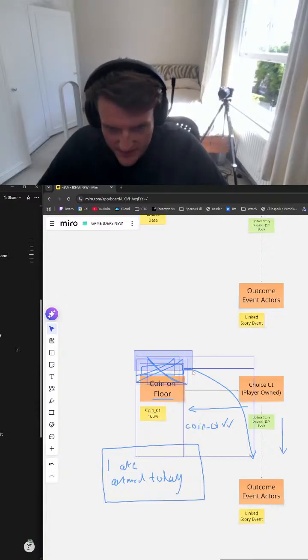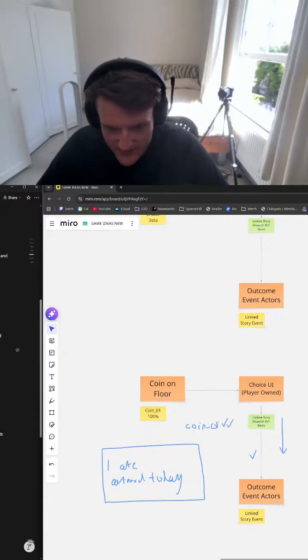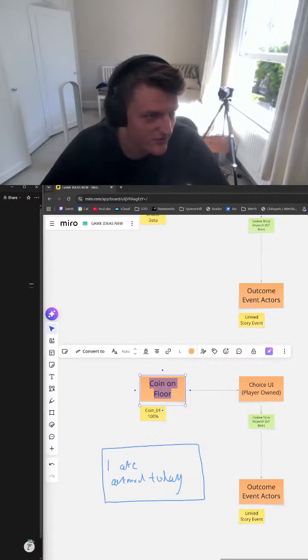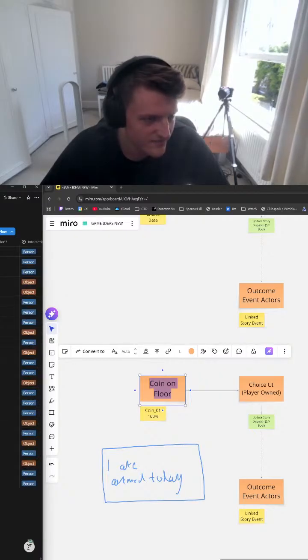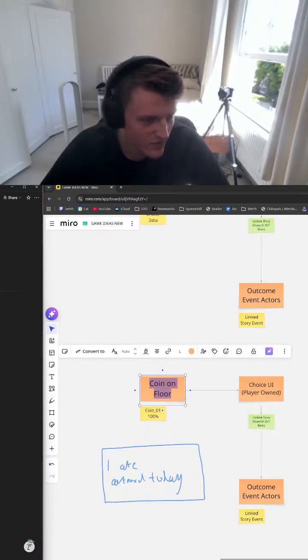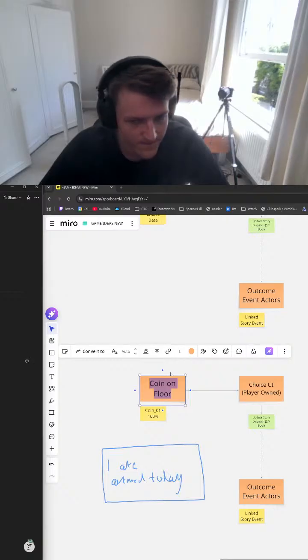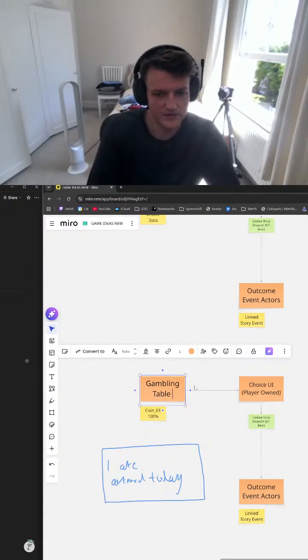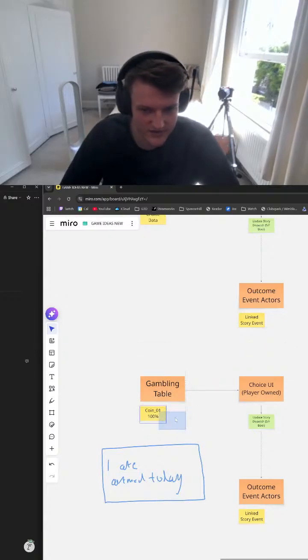Because I think having everyone listening for everything is important. But I also think that if we make this another example of... who's an example we can use? Personal projects. If we look at interactions and we say, I don't know, the gambling table, quite a complicated one. The gambling table. It has two choices,